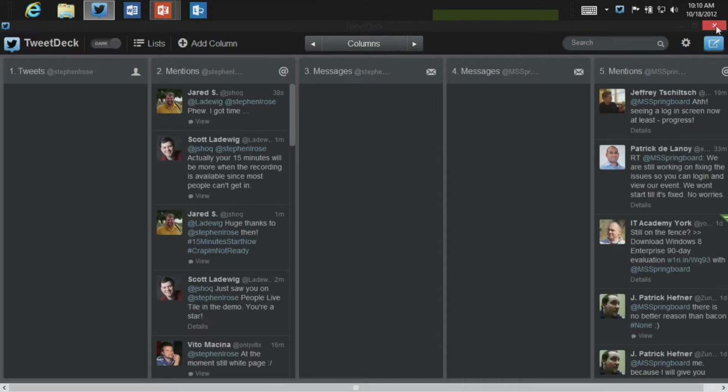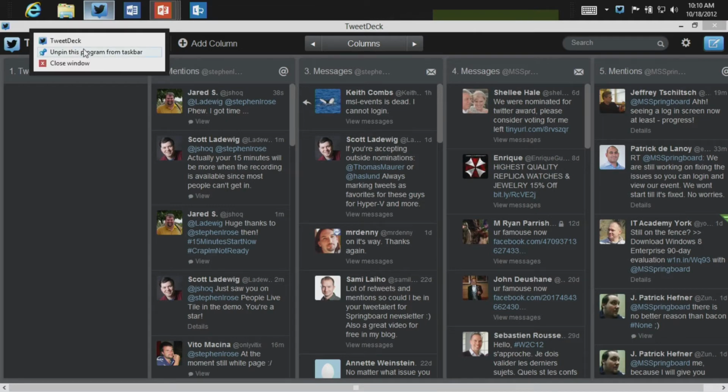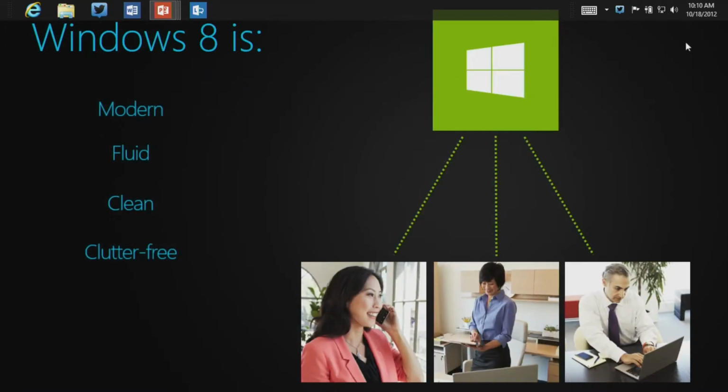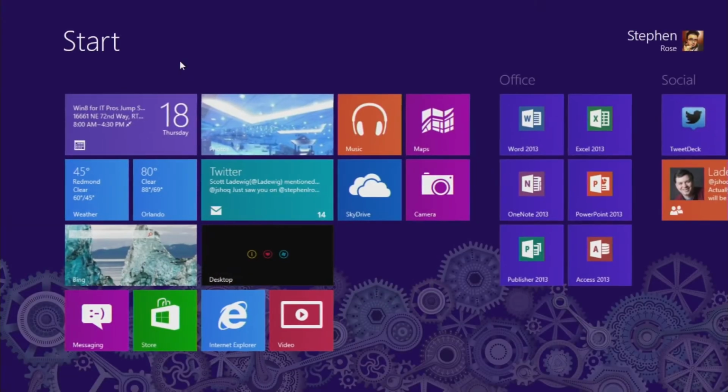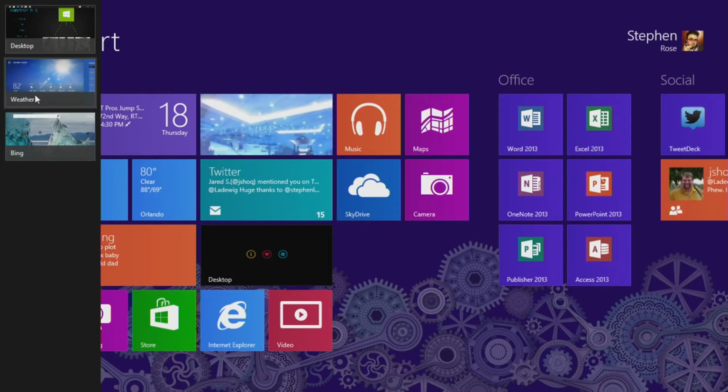We'll let that come up, and we can see that my desktop apps, this one pinned, I can right-click and still choose to pin or unpin these to the taskbar, and it's still there. So I really have that great back and forth fluidity. And I can see all my open apps here. And one of my favorite things to do, and I'll show you how to do this in touch, but